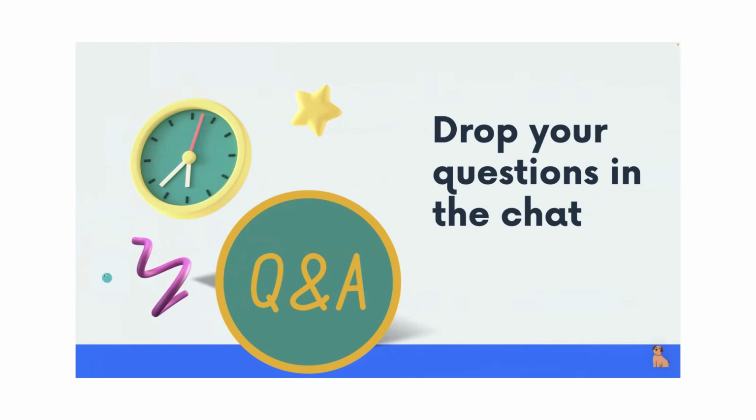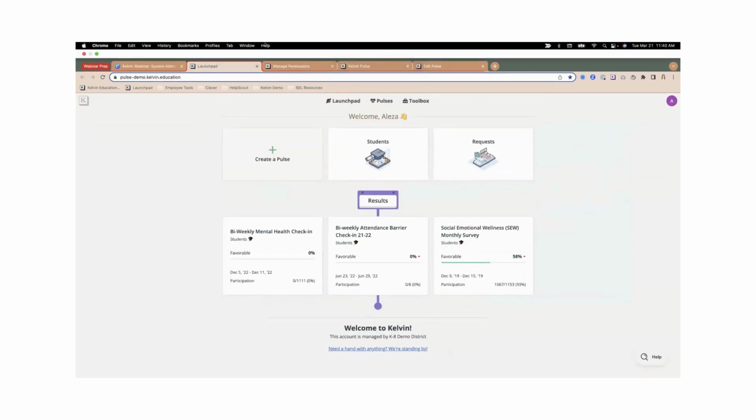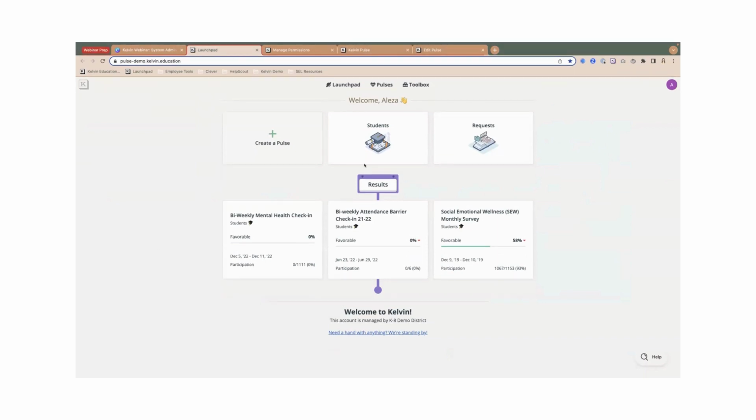Okay, yes, so that would be part of their custom group setup. Let me go back. Let me exit out of here. Come back to our Launchpad. Sorry, my controls are flipping screens on me, so I'm going to be moving stuff around here. So let me come back to our settings